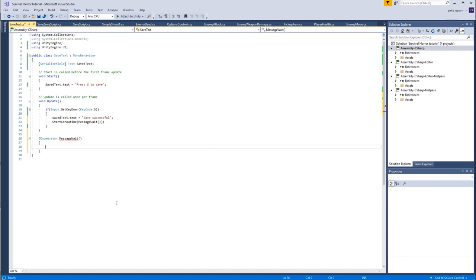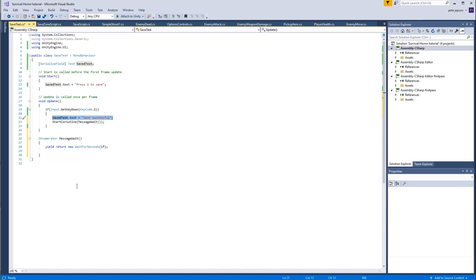Okay, now it needs a yield. yield return new WaitForSeconds, and we're saying roughly about 1 second. Now it's up to you whether you choose to put F on there or not, as in a float. It's probably good practice to put an F on there, unless it's an integer and then it doesn't need an F, but WaitForSeconds is usually a float, I think. It depends, for example, for half a second you would definitely need the F. If it's integers like 1, 2, 3, 4, you probably wouldn't. Okay, so it's going to wait for 1 second, and then